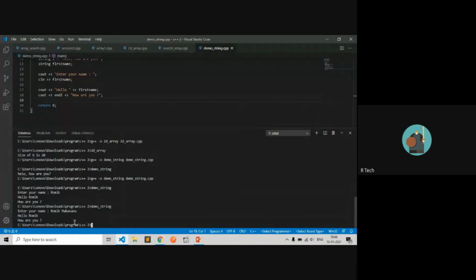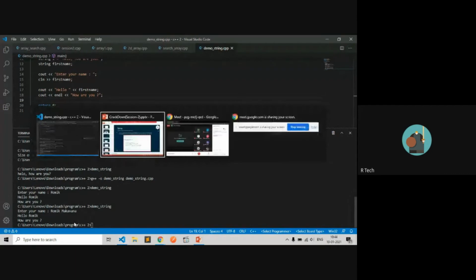our program. But what if we want to get input from the user as a whole string containing a space? You can use the getline function. Just use getline with what you want to read and where you want to store it.